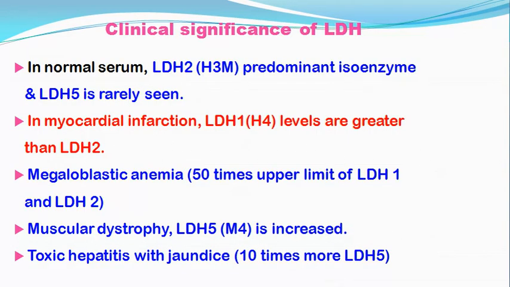So clinical significance of LDH: in normal serum, LDH2 level is predominant, and LDH5 is rarely seen. But in case of myocardial infarction, LDH1 levels are greater than LDH2. In case of megaloblastic anemia, 50 times the upper limit of LDH1 and LDH2 occurs. In case of muscular dystrophy, LDH5 is increased, and for toxic hepatitis with jaundice, the patient is diagnosed with a 10 times